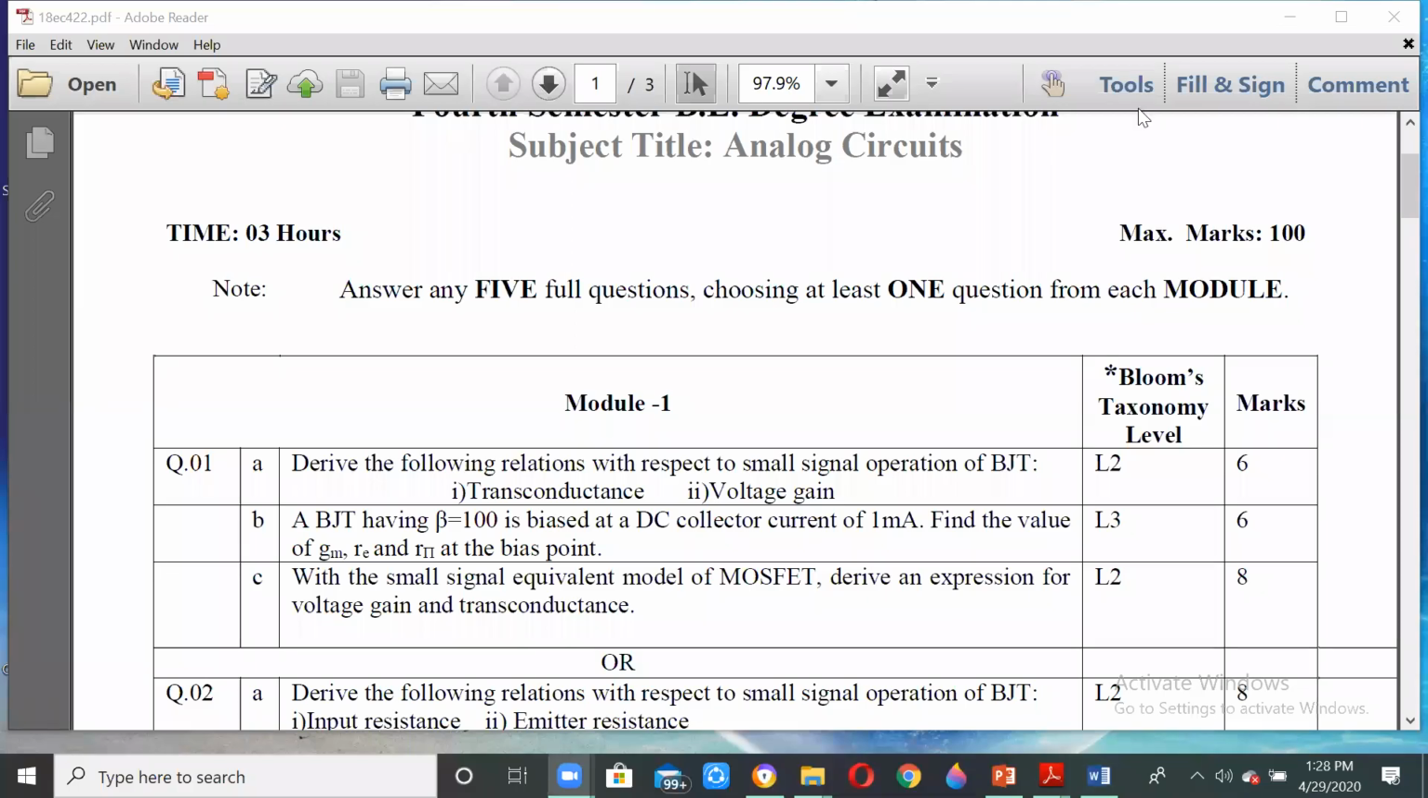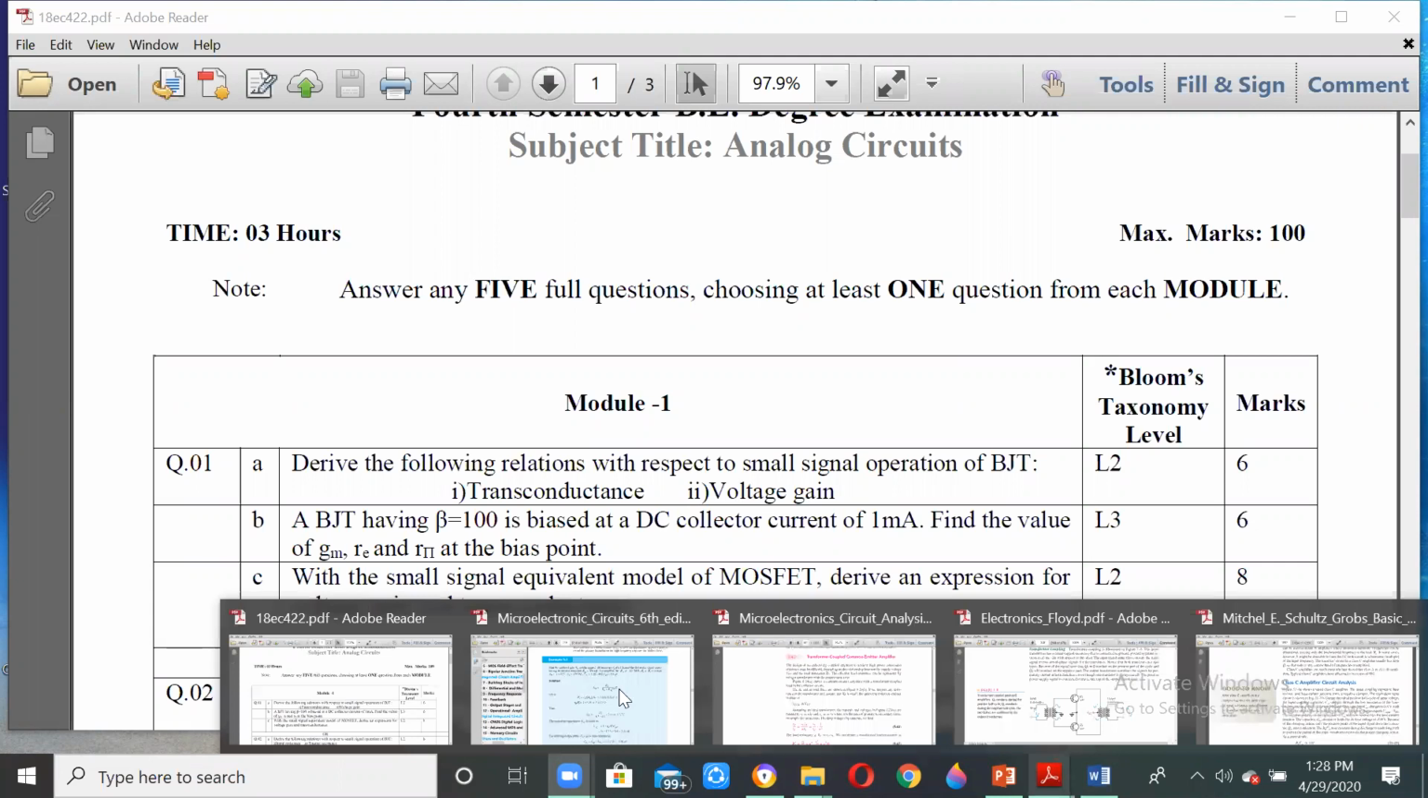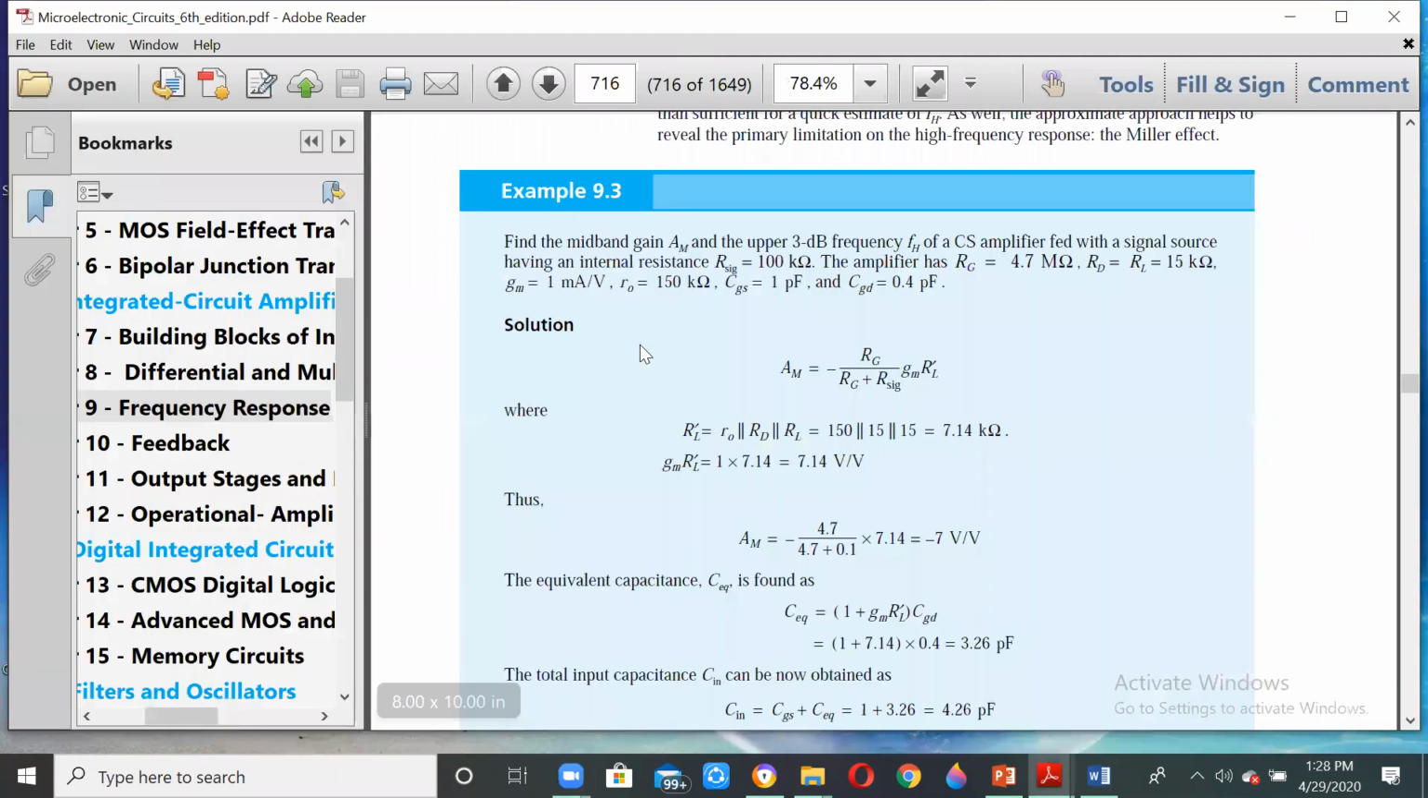This is 18EC422, the second question paper of analog circuits. The first question is: derive the following relations with respect to the small signal operation of BJT, transconductance and voltage gain. For this, if we go back to the book and check, this will just correspond to